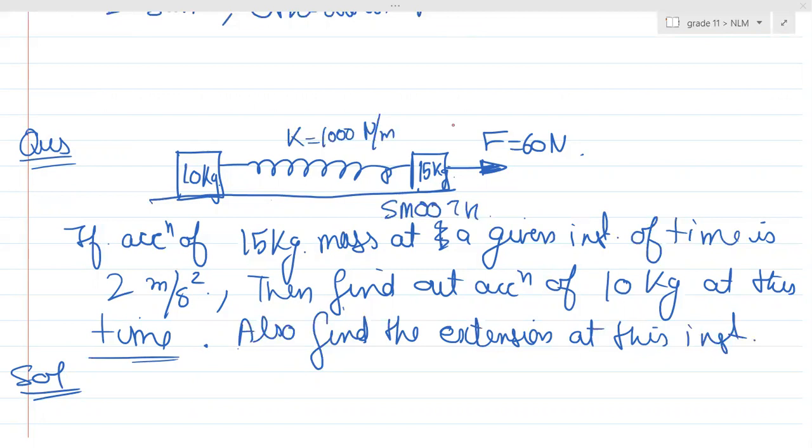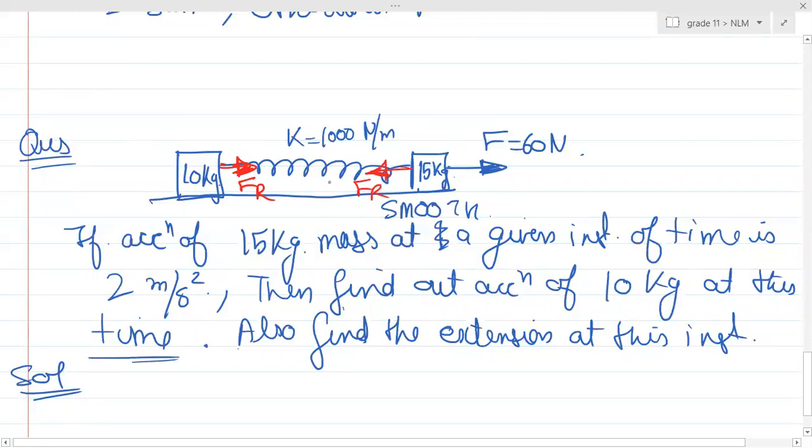Find out first thing first, you'll draw the direction of, can you see when this thing will be extended, it will have certain extension, so there will be restoring force, right? And that restoring force will be equal to kx. So I have drawn it, and what have they given? They have given the acceleration of this block as 2 meter per second square. Then accordingly, find the whole question, do it, and give me 2 minutes. Fatafat karo.